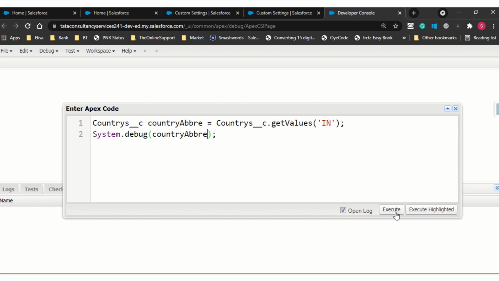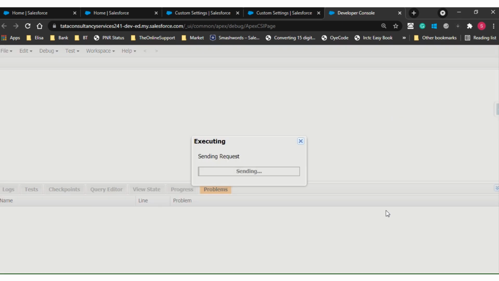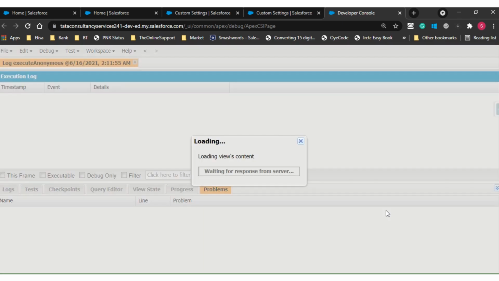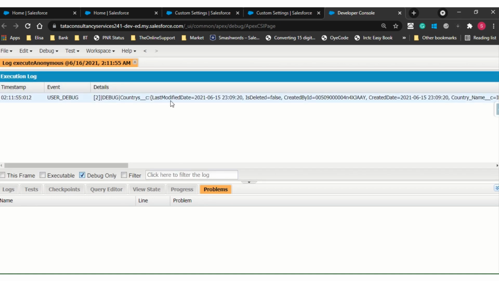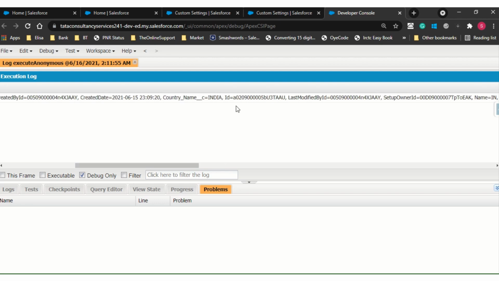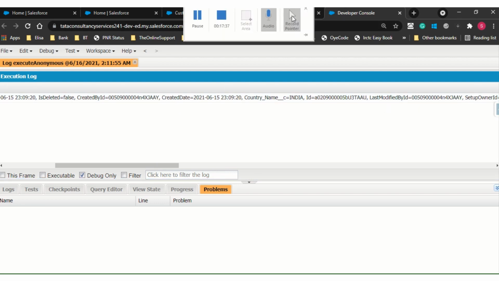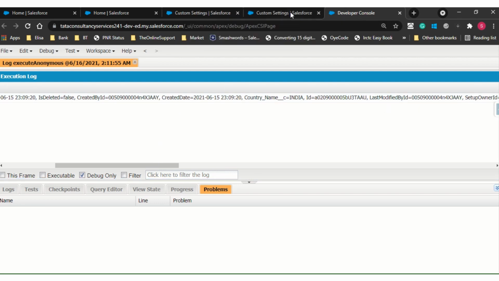So I'm going to execute this one. You will see all the relevant records, like created by and everything, owner name, everything. See, last modified, is deleted, created by, created. So everything you are getting. India, right? IN means India, the ID is there, but what exactly do we want? So it came in a map, right?